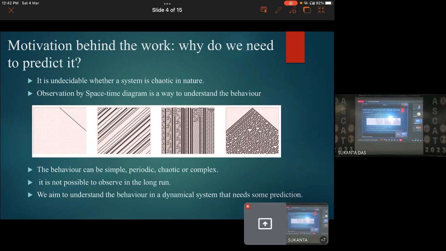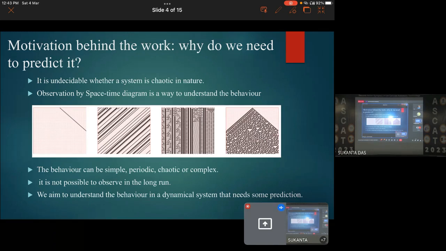So we can see that we have a space time diagram. That means through the x axis we have the space, through the y axis we have the time downwards, and here we can see that we have added some information at the initial condition in these 4 figures, and this information is propagating somehow. In the first figure it is propagating to the right, in the second figure it is just a shift from right to left, in the third figure we have somewhat information propagation, and it is affecting its neighbors,